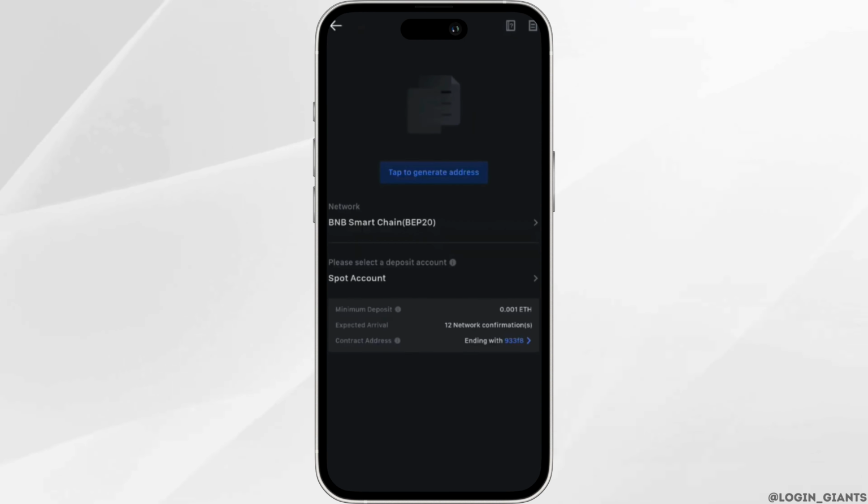After that, you will have to select the network. So let's say you want to get it via BNB Smart Chain, which is BEP20. So you will have to select the network, and here you will have to use the option of tap to generate address. You need to tap over here and then it will show you this type of reminder, which says